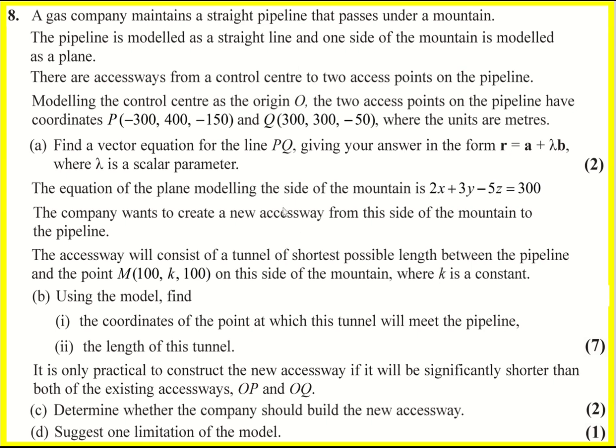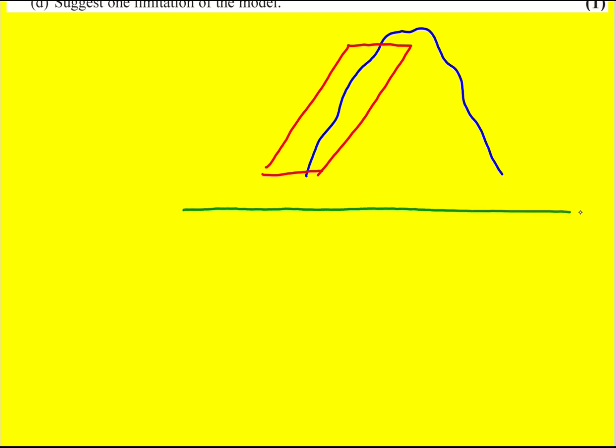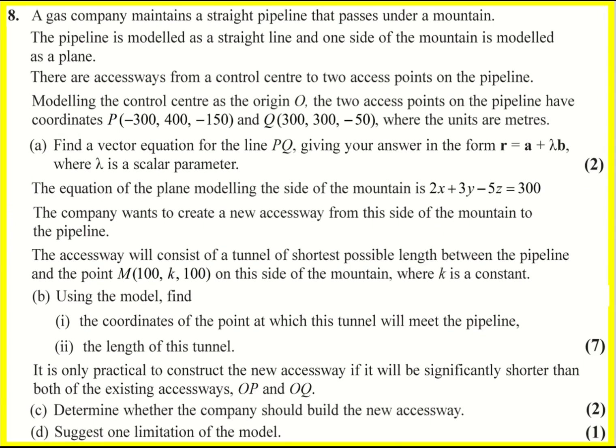So the first thing I tried to do in this question is get a little sketch down. I drew a mountain, and then I drew one side being modeled as a plane. And then it says the pipeline passes underneath the mountain, so I just drew it sort of straight underneath like this. Now it doesn't say a lot, but it's the access ways from a control center to two access points on